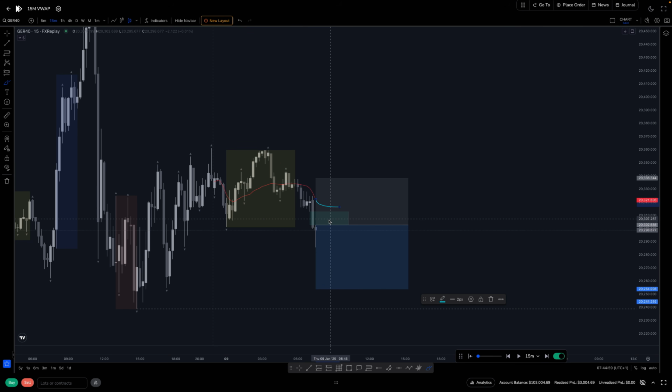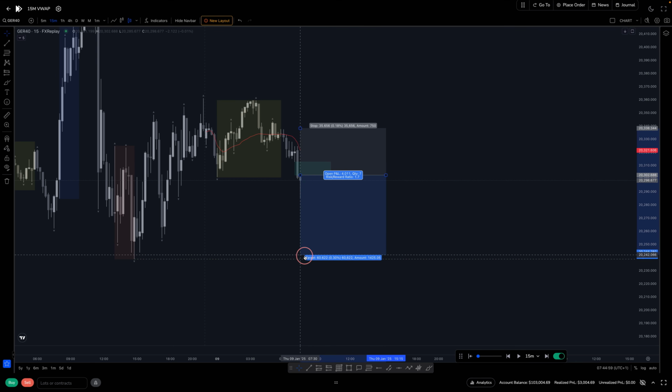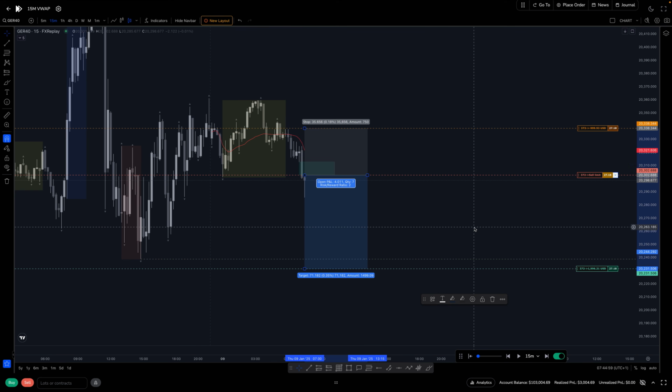So if it comes back down, it can retest the VWAP, go into a little bit of a drawdown, and then continue to the downside. That's what I think could happen. And what we're looking to do is target the previous daily low down here, which would be a good place to target. So I'll place my order, place my limit,